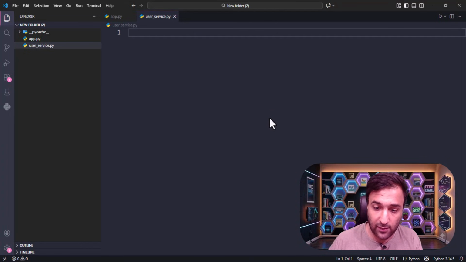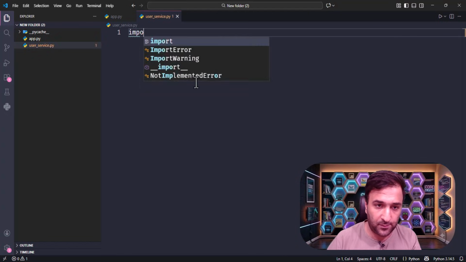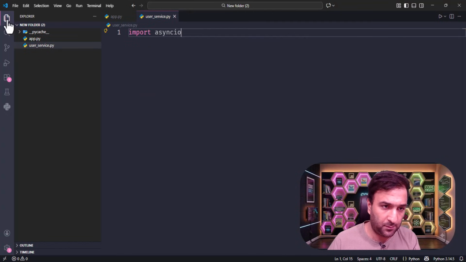To test async functions, you need pytest and pytest-asyncio. The key is using pytest.mark.asyncio. So pytest runs your test inside an event loop. Here is our service. In our service,